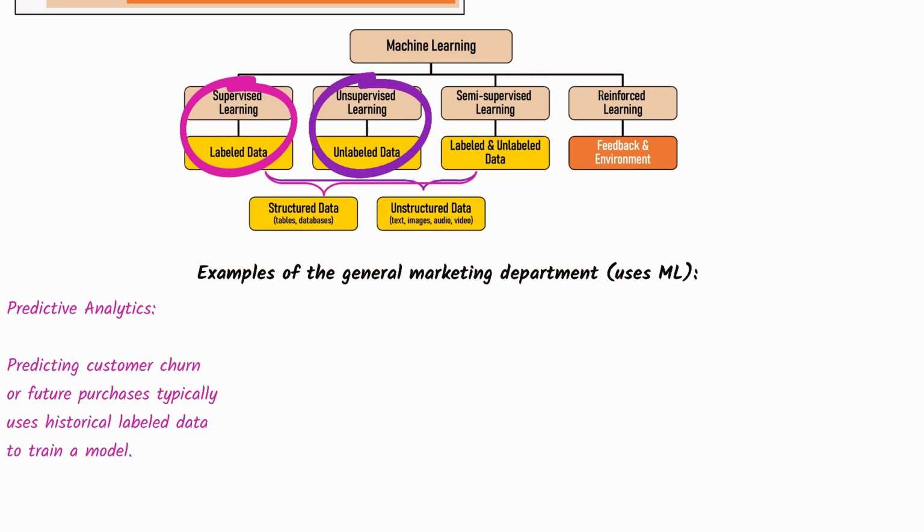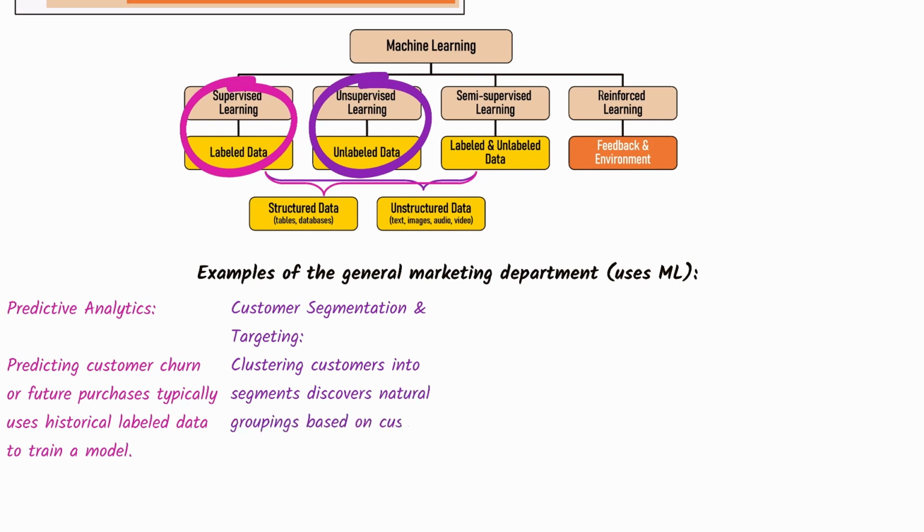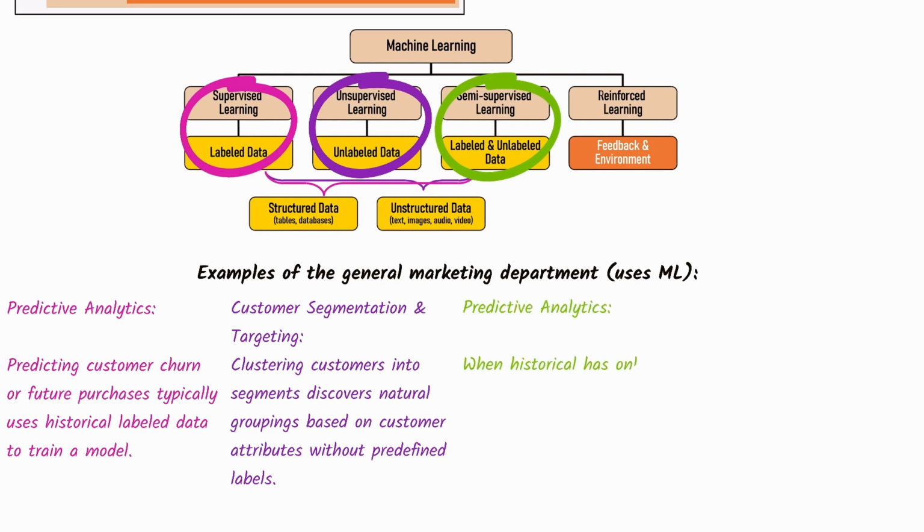2. Unsupervised learning uses unlabeled data to discover patterns and relationships. Customer segmentation and targeting. Clustering customers into segments often uses unsupervised learning techniques to discover natural groupings based on customer attributes without predefined labels. 3. Semi-supervised learning combines labeled and unlabeled data. Predictive analytics. When historical data has only partial labels, semi-supervised learning can enhance the predictive model by leveraging both labeled